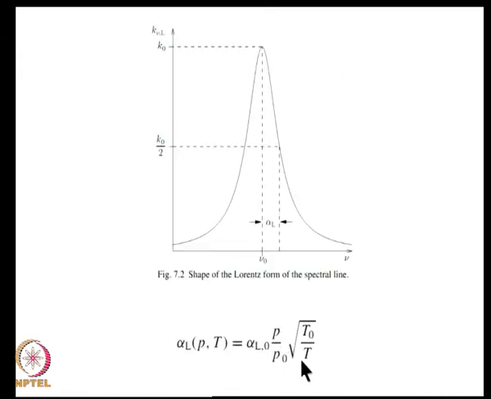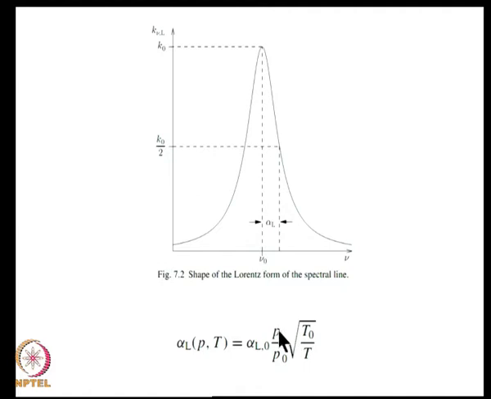It also depends on temperature, because that determines in some sense the density of the gas also. So, it depends inversely on the square root of temperature, and you can see that when you are dealing with gases at very high temperature, the line width can be quite small,